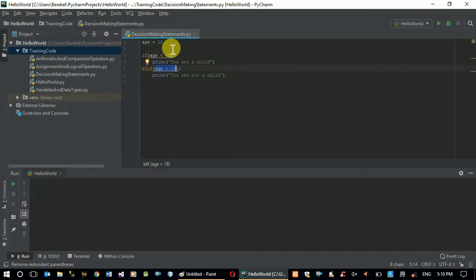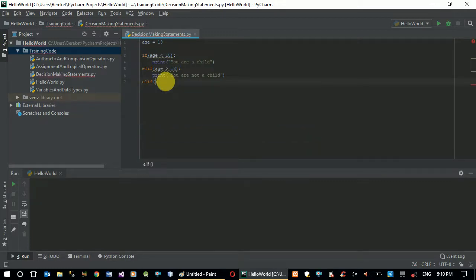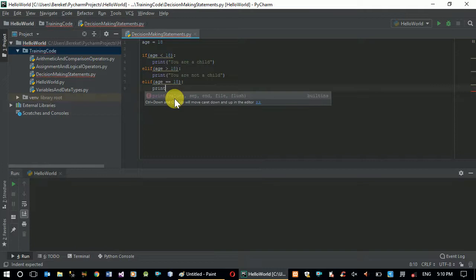We have specified. So we can specify another third comparison. Elif, I can say age equal to 18. As you can see, I have used double equal sign to make equal to comparison. If we use single equal to, it's not comparison, it's assignment. Assign the value from the right to a variable on the left. Okay, so for comparison, we have to use equal to. Now 18. So if it's 18, print,